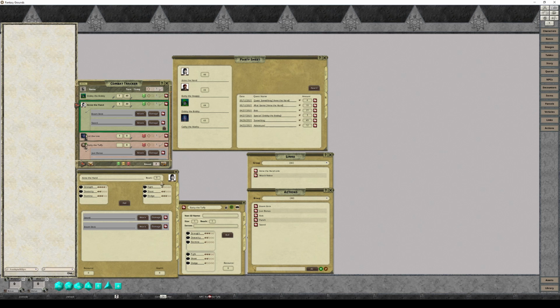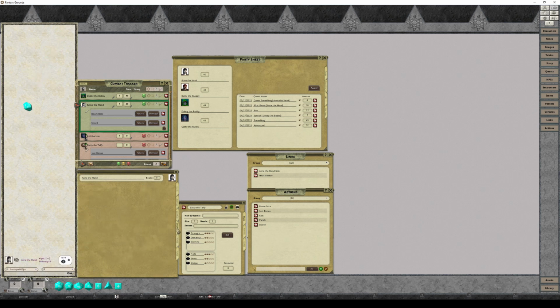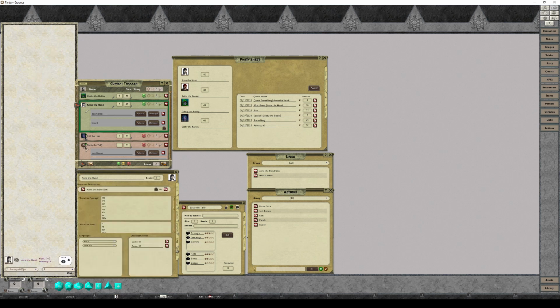I added in this thing called beats. It could be story points or whatever fate points game that you're running. We've all talked about the action page. We talked about how these roll. Inventory, I didn't change. The notes page, I did, and maybe you remember this, but I created the section of